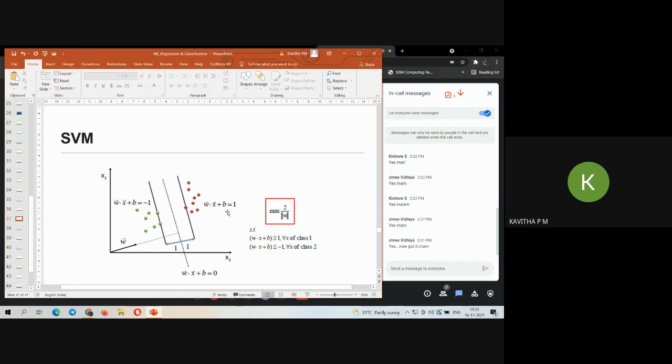Okay. So as of now, it is enough: what is SVM, what are the types of SVM we have, what is the formula we use in SVM, and how actually the SVM works. Because each and every classifier has its own way of working. So being learners of machine learning, we need to understand how each and every classifier is working, right? The background process of each and every classifier, definitely we need to understand all those concepts, right?